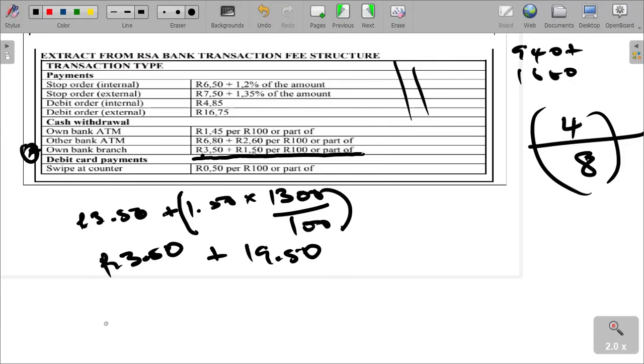And then this is equal to, when we calculate that, 23 rand. So now the question is asking, can the statement be valid? The charges that Bernard is incurring on his withdrawal are 23 rand. But according to his statement,